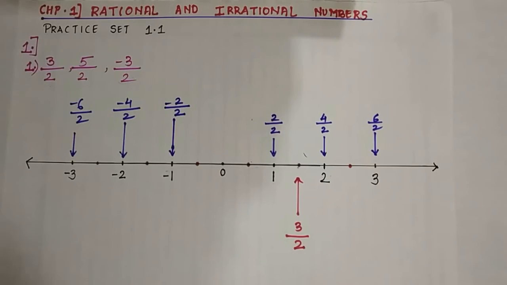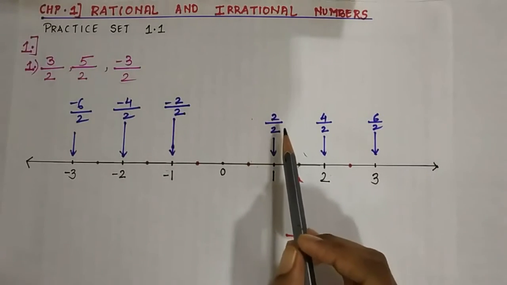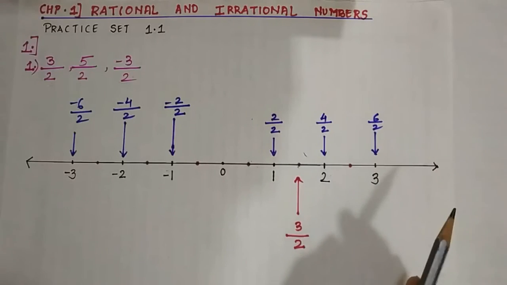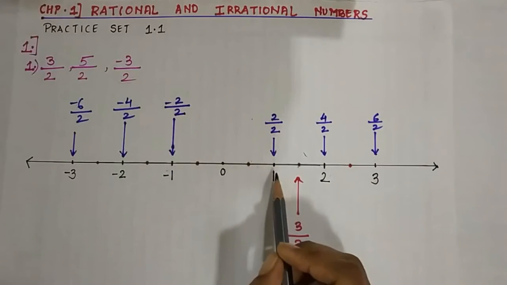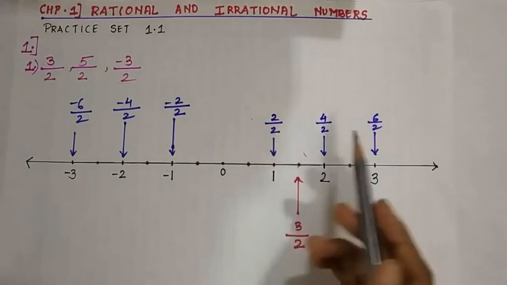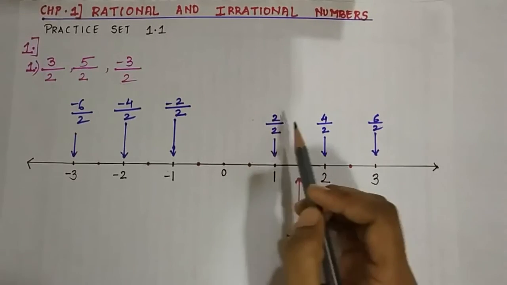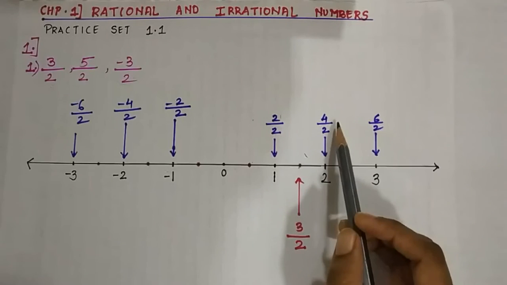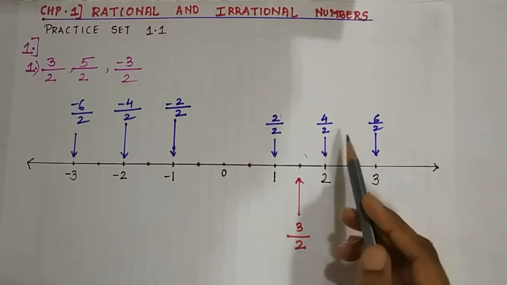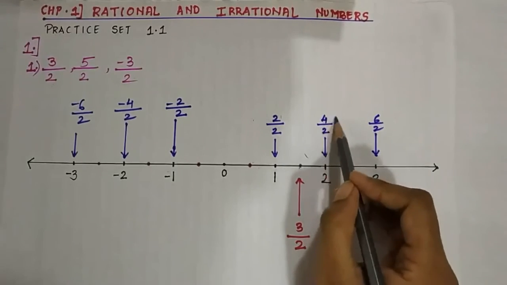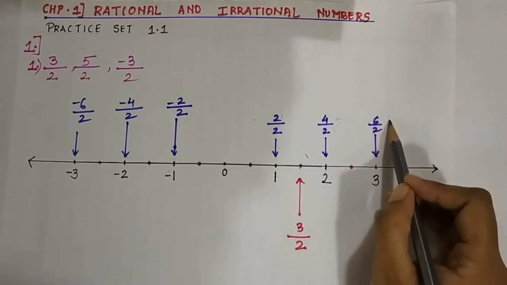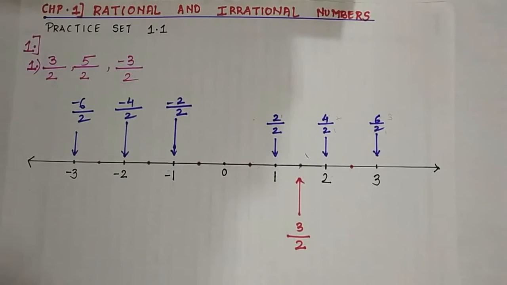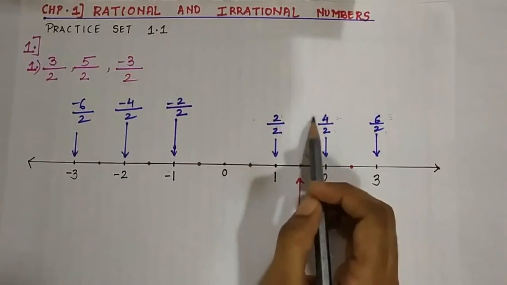Now for those who want it in an easy way, what you can do is write down what I've written in blue with pencil so that it becomes easy for you to access the given number. Now in this case, what is 1? 1 is nothing but 2 upon 2. If you reduce it, 2 ones are 2, you get 1. Similarly 4 upon 2 is nothing but 2. 2 ones are 2, 2 twos are 4. Similarly 6 upon 2 is nothing but 3. 2 ones are 2, 2 threes are 6. So for those who want, you can write this with pencil so that it becomes easy for you.